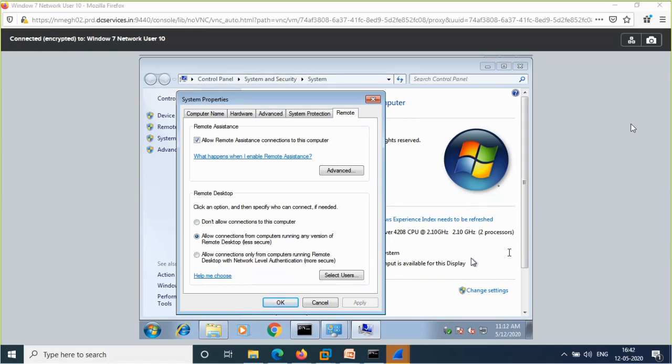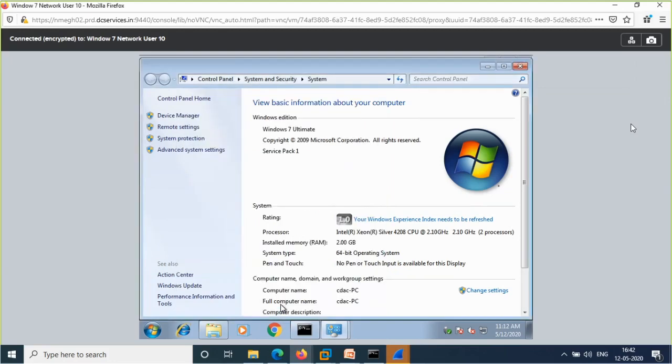Can we check it again after the RDP blocking for vulnerability? So you can check, but it will show you vulnerable because internally you have not affected your machine. Now your RDP port is still running, and you have not done the network level authentication setting. You have not installed anything also, so it will show you vulnerable only. But after setting network level authentication, it will show you not vulnerable. Now you can select allow connections only from computers running remote desktop with network level authentication. Apply. Okay. Now when you run the RDP scan again, it will show your system as safe.